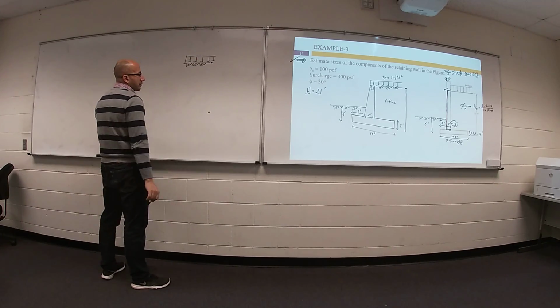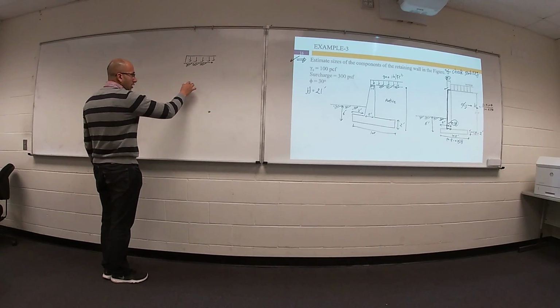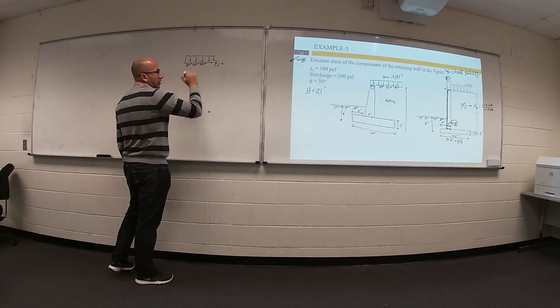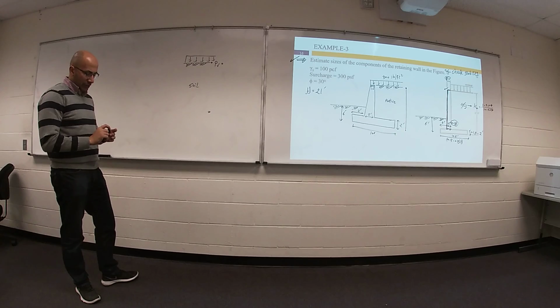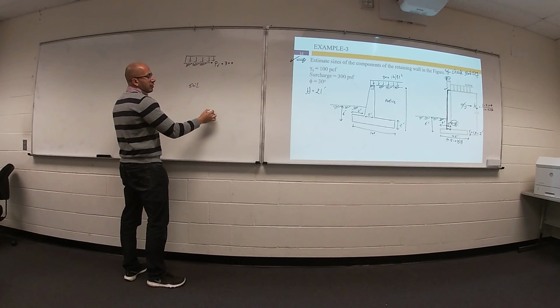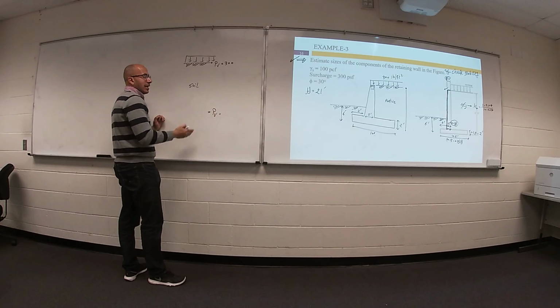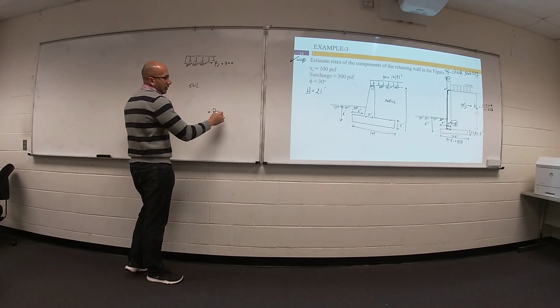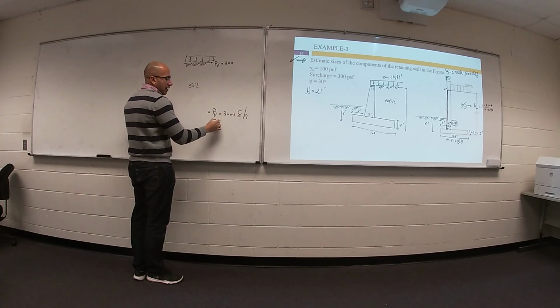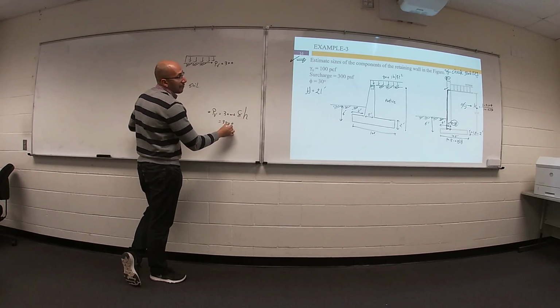Okay, for soil, what is the value of vertical pressure? 300. What is the value of vertical pressure at this point? Everything coming from up: 300 plus gamma h. 300 plus gamma equal 1